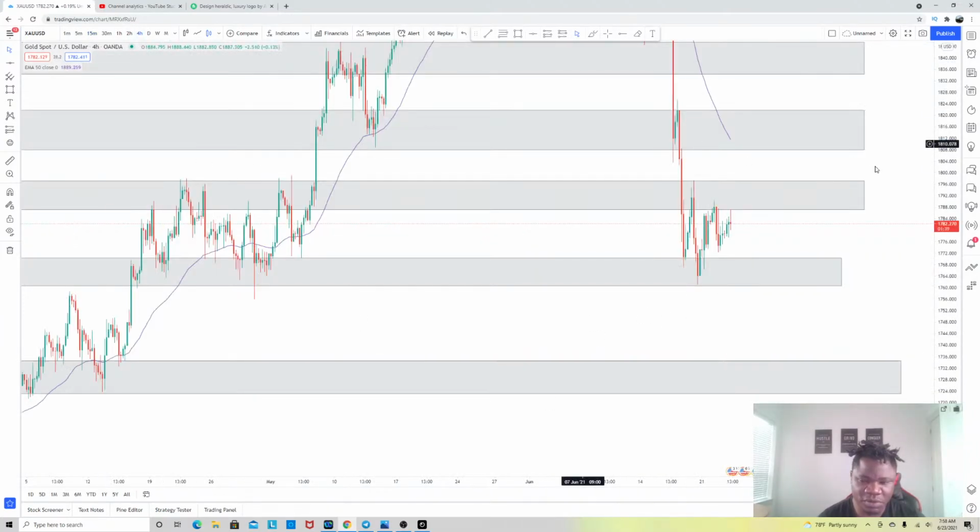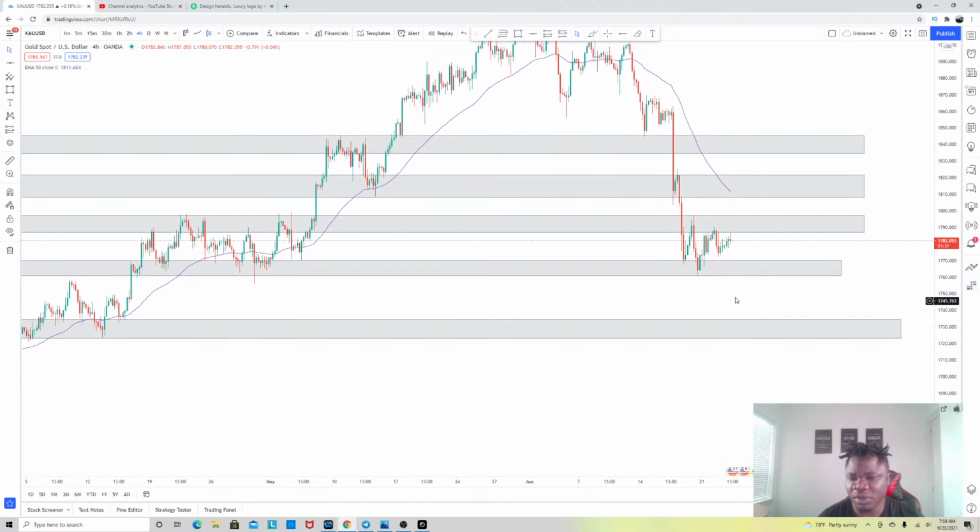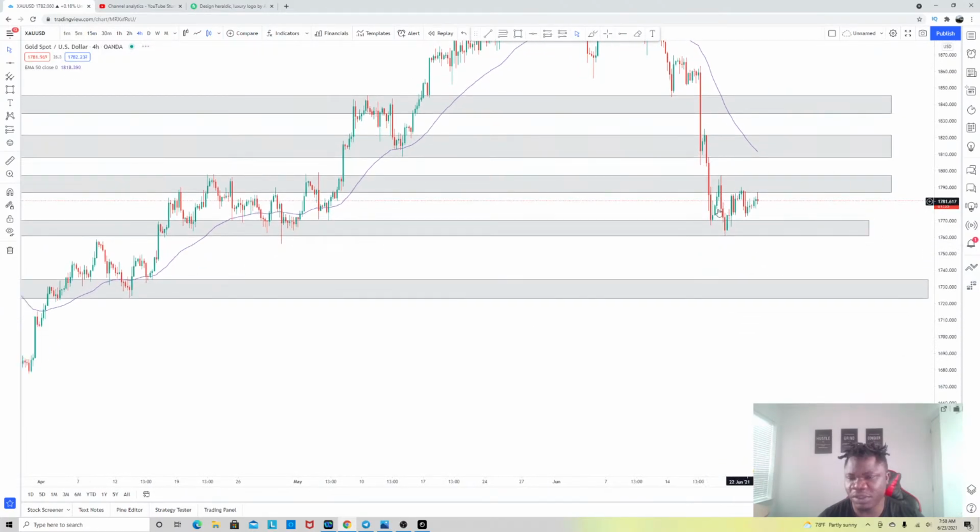We go to the higher time frame. Here, look at this zone over here. Gold is not doing anything. It's consolidating between resistance and support. So if you get in now, you're just guessing. You're just guessing, okay, I think price is going to go up. I think price is going to come down. So you don't know, but according to this